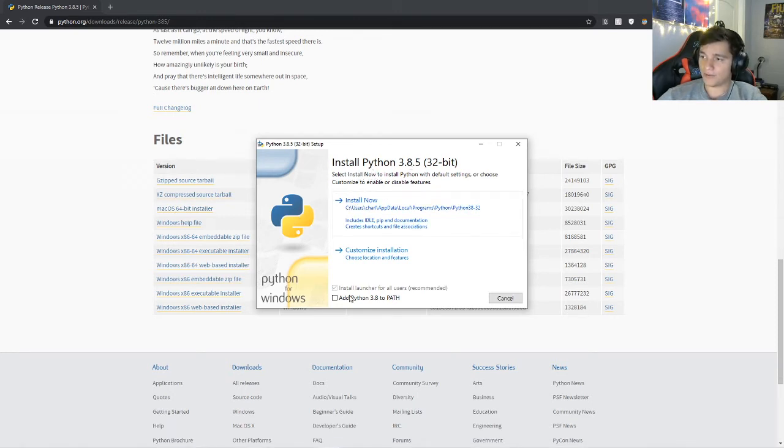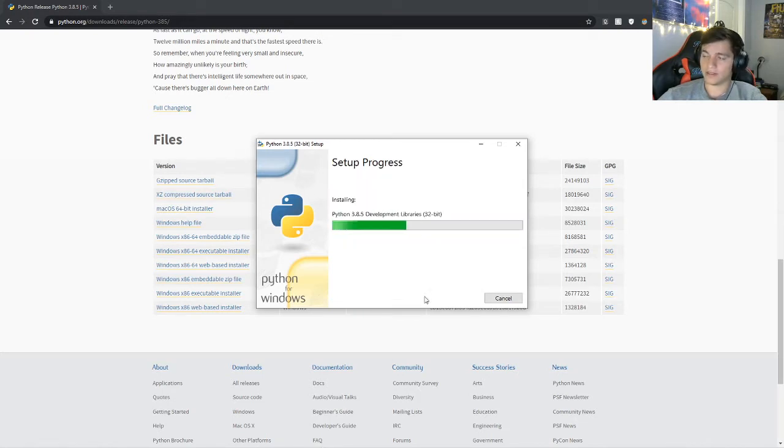You're going to first click on add Python 3.8 to path, and then once we click on there, we can click install. What this allows us to do is make it so that we don't have to go specifically to the variable location. But in case you guys already have a version of Python, I'll teach you